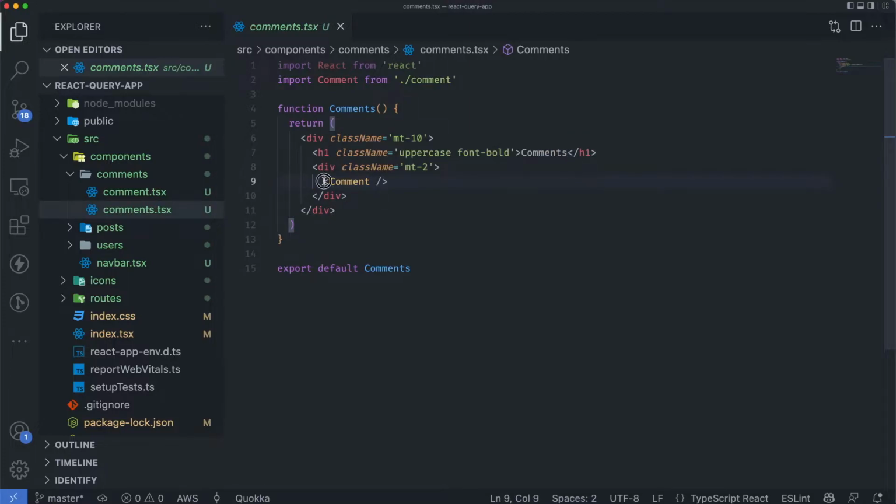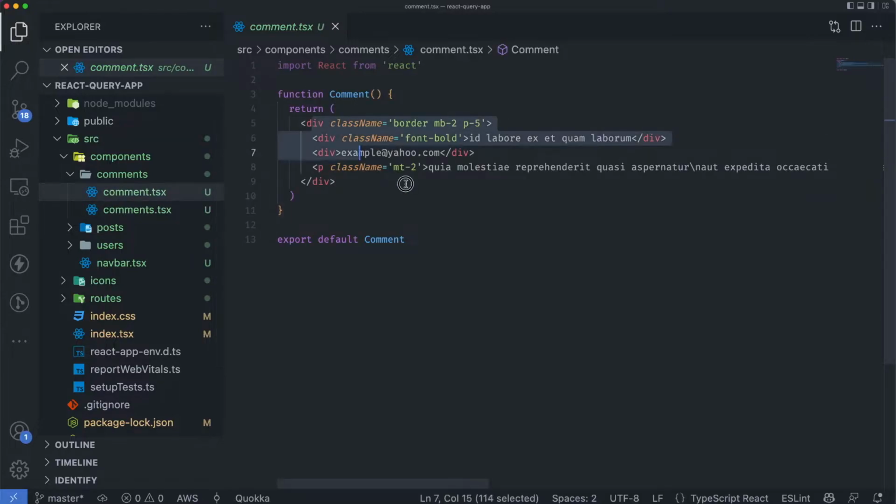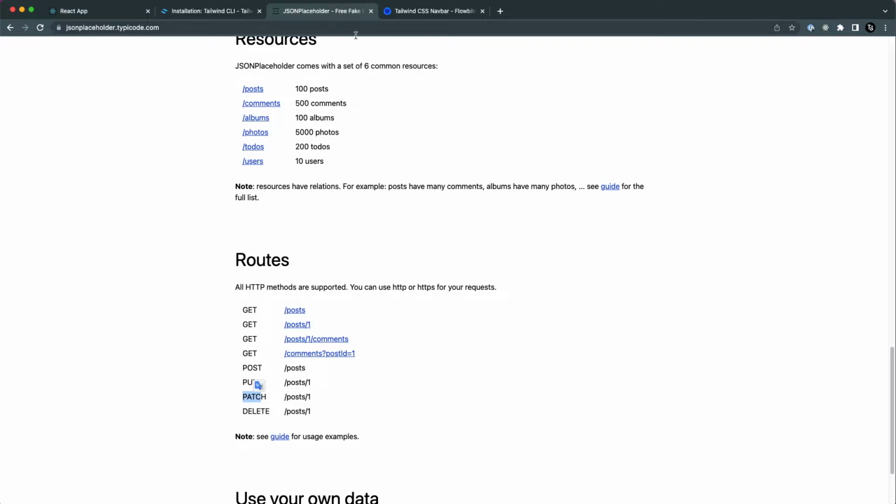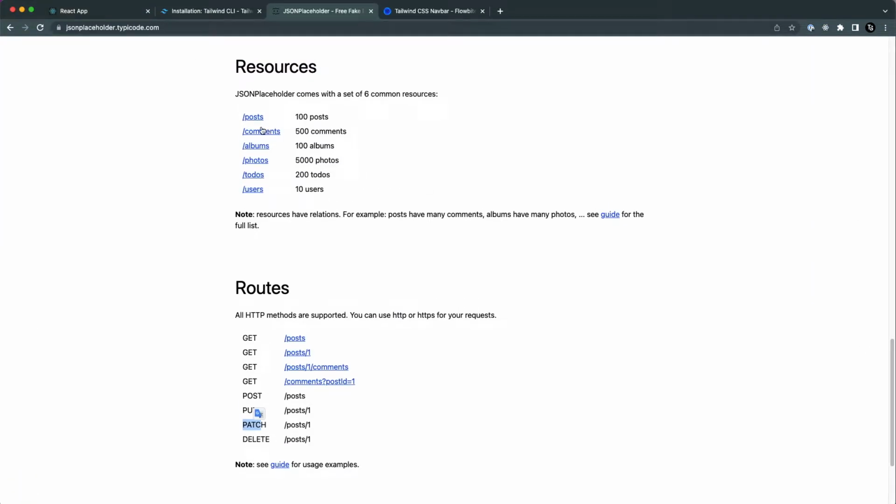comment, in the comment section we have a separate component called comment, and you can see the comment detail over here, which is basically the name of the comment, the email, and all of this. If you're wondering where this data is coming from, when I get to JSONPlaceholder, you can see different posts and then you can see comments. So for each post we have comments, you can see over here. For posts we have many comments, and albums have photos, but we're not going to be making use of the albums. So if I go to a specific post over here, for example, and then I go to the comments,